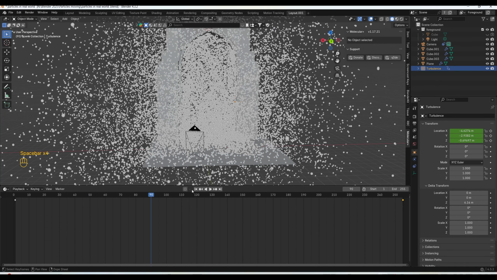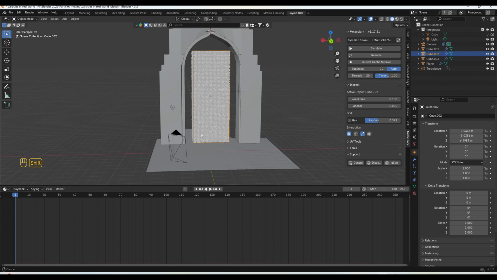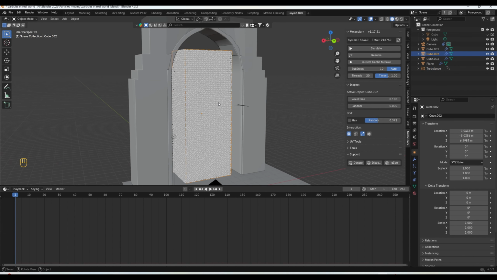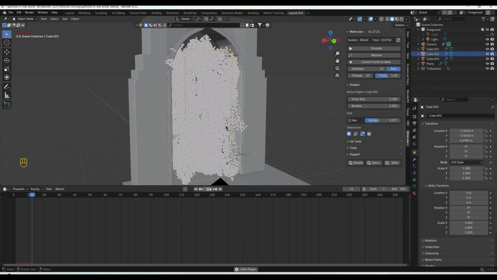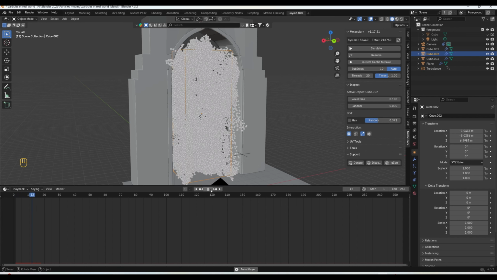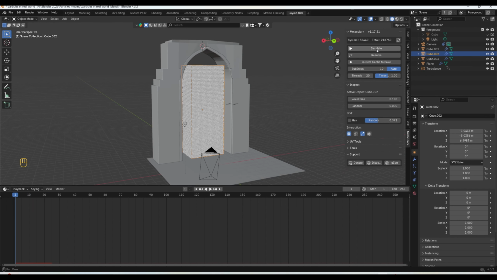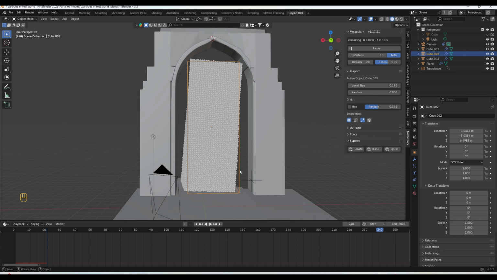I'll go to the timeline once again, select this and make it simulate. Whenever you want to take a look at what this effect is doing, don't click play over here. All the time you have to simulate these things, okay? Because this button will do the actual physics, not this one. So you can see it's doing something, but the linking is too strong, that's why it's not able to break